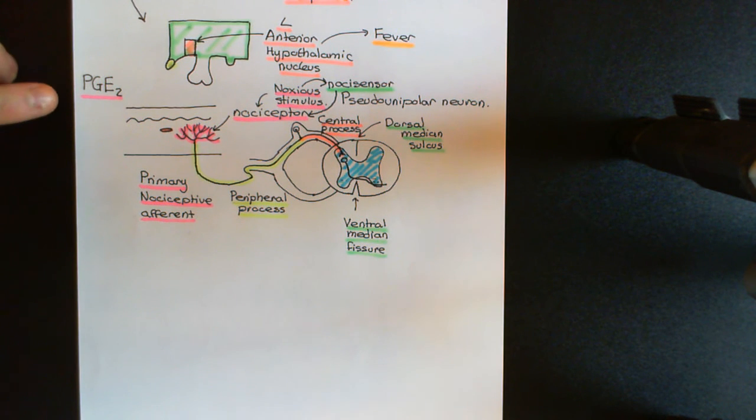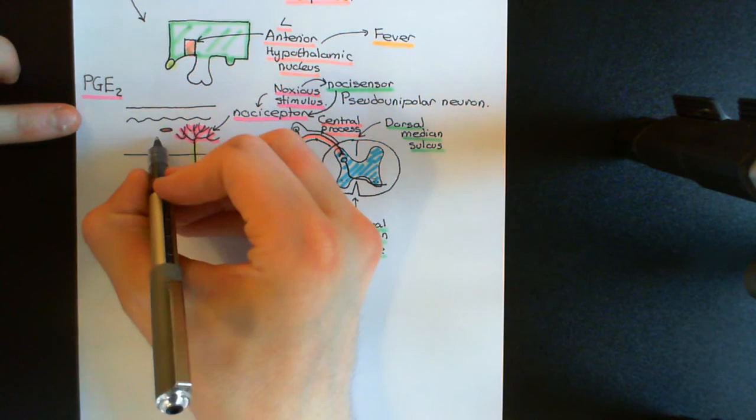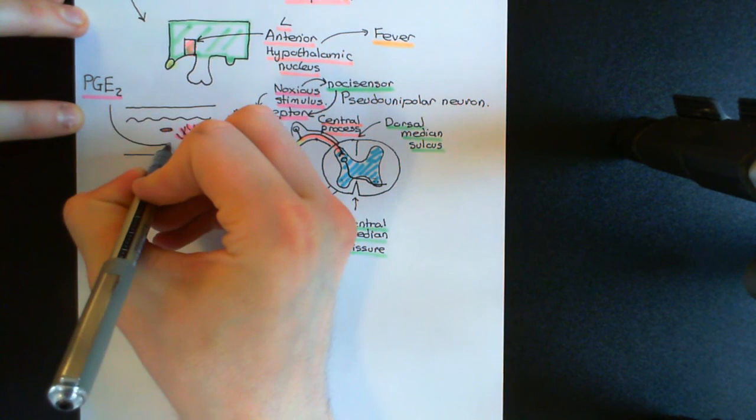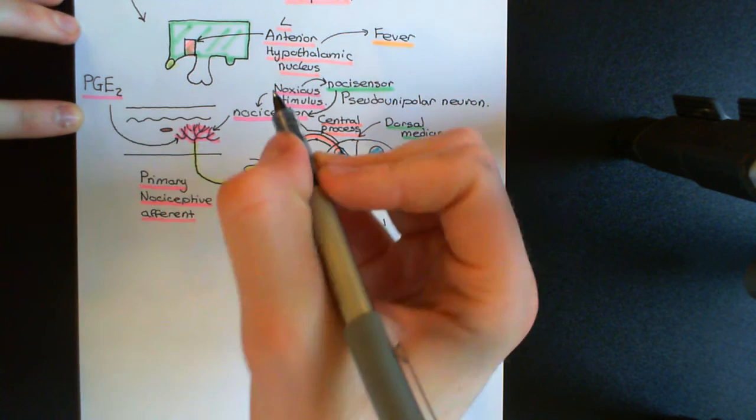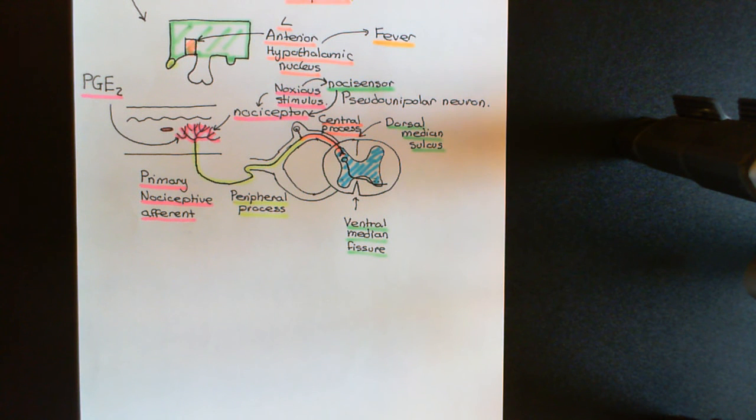Now let's talk about what prostaglandin E2 is going to do. So if we start producing lots of prostaglandin E2, what it does is it works on the nociceptors in that area. It works on receptors in the membranes of the nociceptors, and it causes loads of different things that are going to lead to the activation of the nociceptors. But one of the current viewpoints, and it's not completely established, but I think it's growing in how generally accepted it is. One of the newer ideas about how prostaglandin E2 actually causes pain in the affected area is that